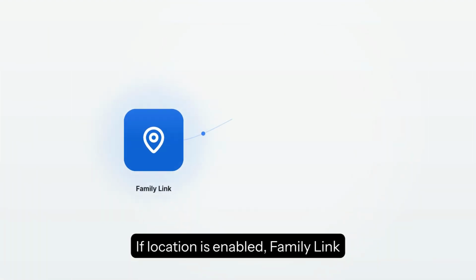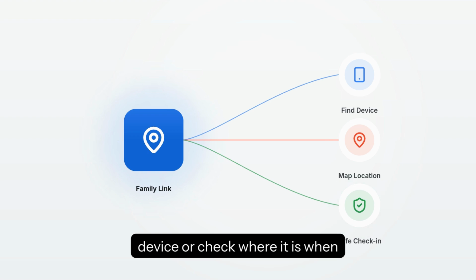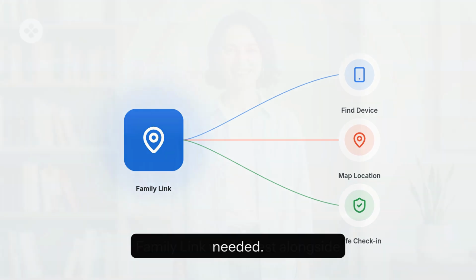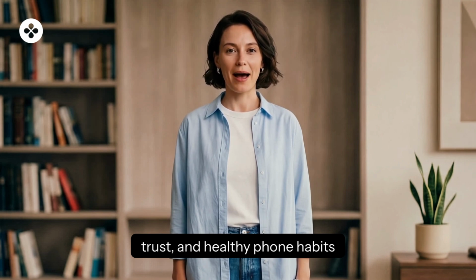If location is enabled, Family Link can also help you find your child's device or check where it is when needed. Family Link works best alongside open conversations about safety, trust, and healthy phone habits at home,